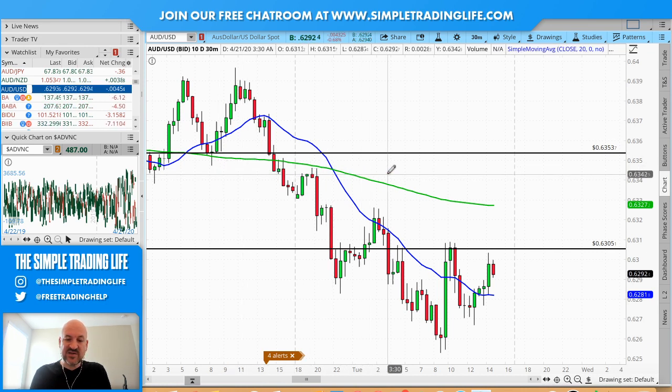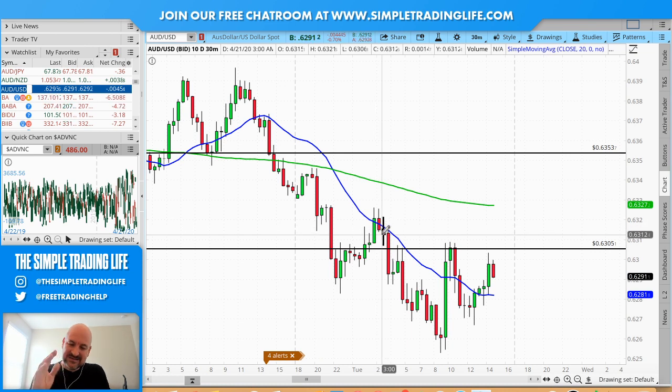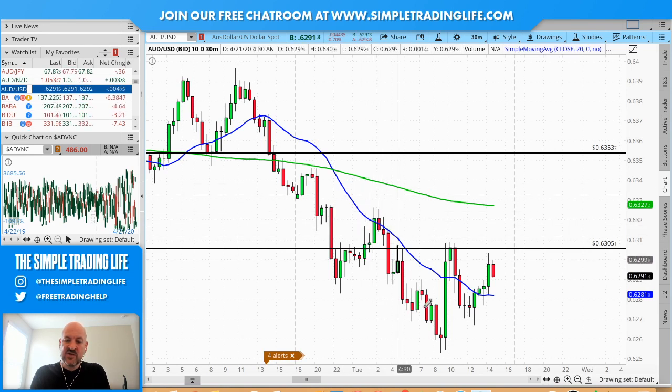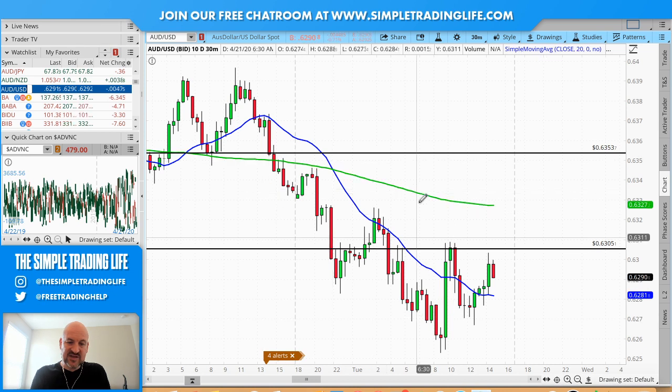So what you want to see is you want the 200 to be relatively flat. I mean, a little bit of angle one way or the other isn't that big of a deal. But then somebody who likes to trade momentum, they could stay short as long as you don't get back above the 20. So you could have stayed short basically, I mean, right here, a little bit tough, but these are smaller candles. It wasn't like there was a big break there. You could have stayed short until this started coming back up to the 20. So from all the way up here down to here, okay, if that's what you're into. That's not how I trade, but that is something that just stands out right there.